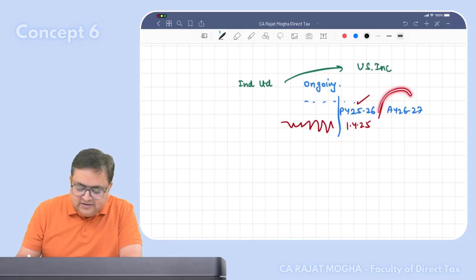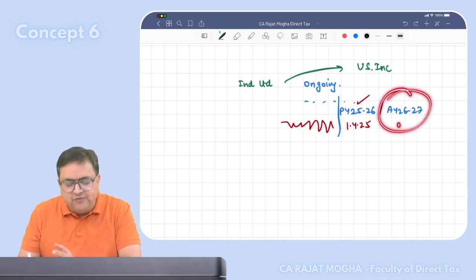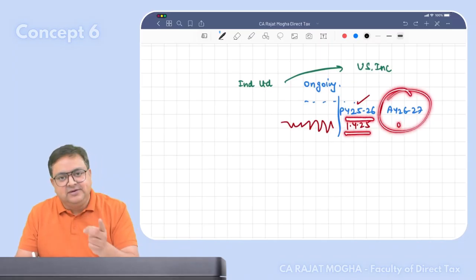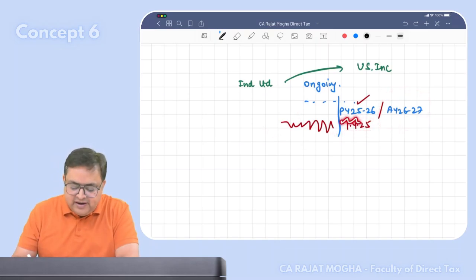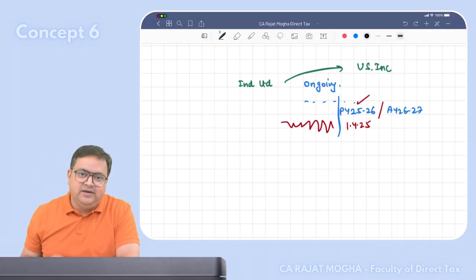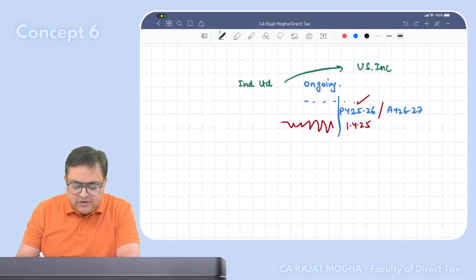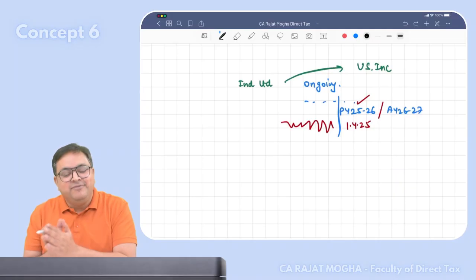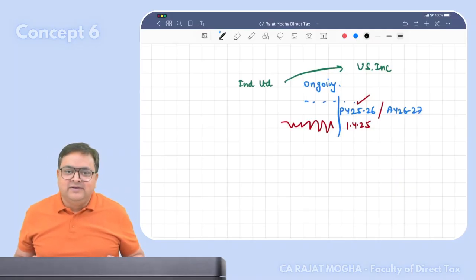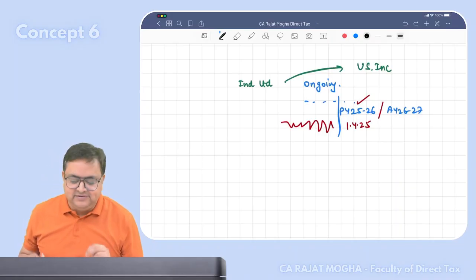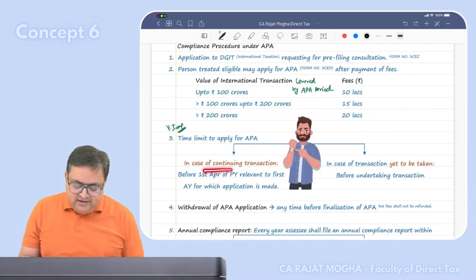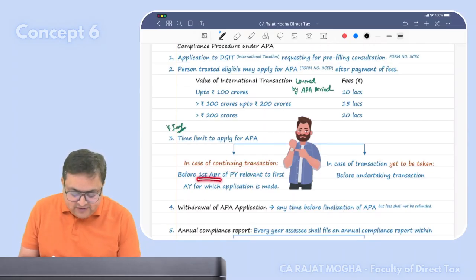So for assessment year 26-27, if you want to take APA, of that previous year, what is the first day? The first day is 1st April 2025. Before that, you have to apply, right? If I apply in between, then you will get the APA from next year. Understood? So if it is an ongoing transaction, apply before the previous year starts. But if it's a new transaction, you can apply anytime before taking that transaction. Easy. In case of a continuing transaction, before 1st April of the previous year, relevant to the first assessment year for which